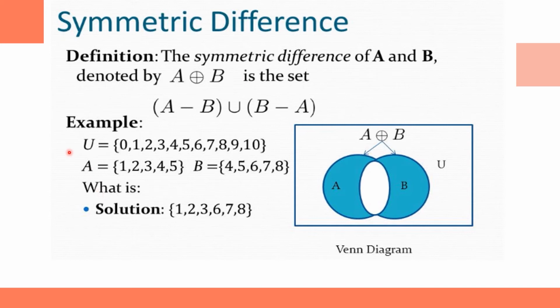Now for example, you can see an example here. I am taking the universal set as this, the A set as this, and the B set. What is the symmetric difference, if you ask me? The symmetric difference is A minus B union B minus A. A minus B is, see, I'll leave out the common elements: 1, 2, 3. Okay, and B minus A is, I'll again leave out the common elements: 6, 7, 8. So 1, 2, 3, 6, 7, 8 I will unite. So if I unite, I will get 1, 2, 3, 6, 7, 8. So this is the symmetric difference between any two sets.